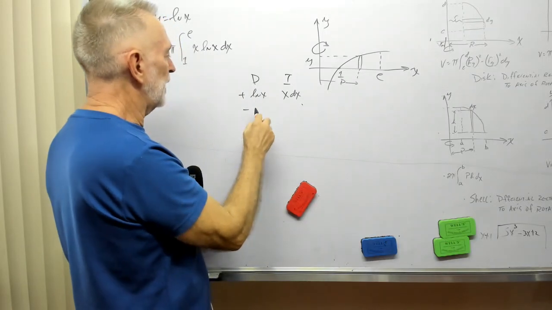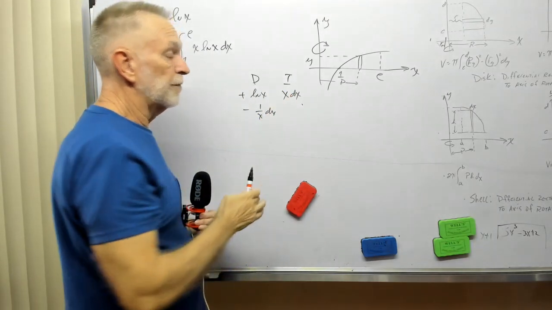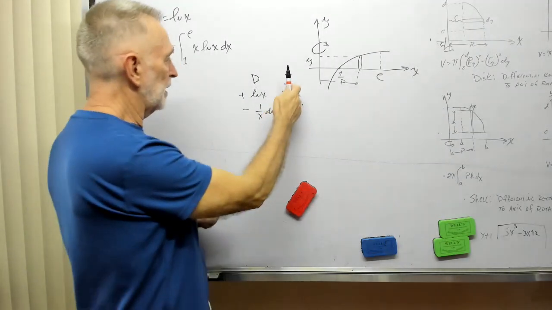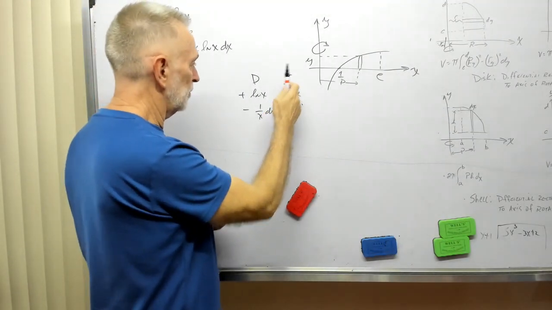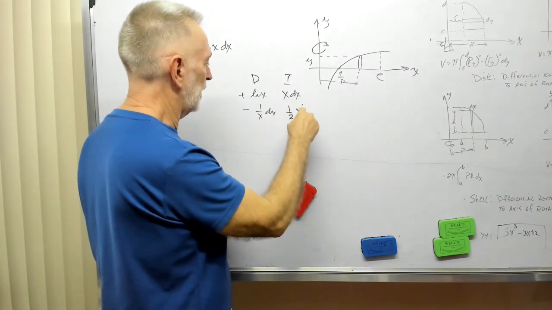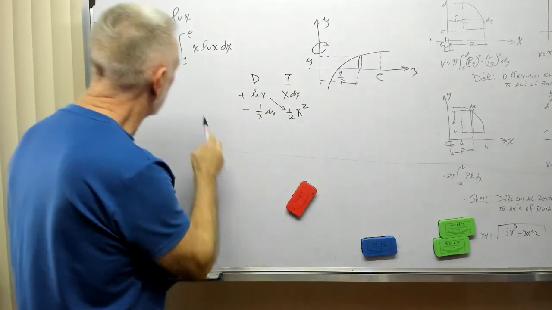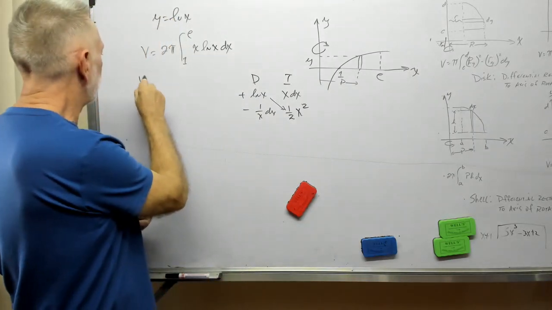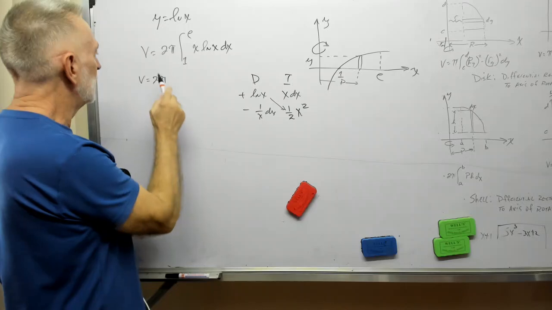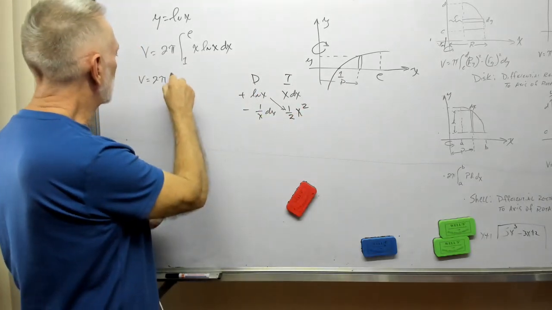And the derivative of natural log x is 1 over x dx. Integral of x, we increase that power by 1, that's to the first power, x to the 1 plus 1 is 2, divided by 2, I have 1/2 x squared. Okay, so now I have my volume equals 2 pi times 1/2 x squared